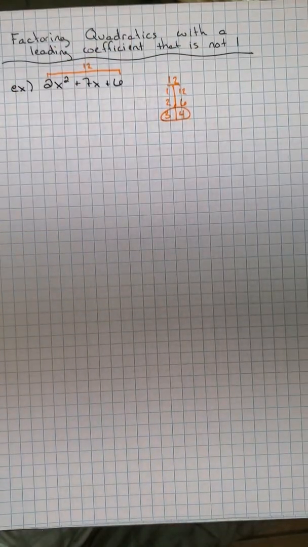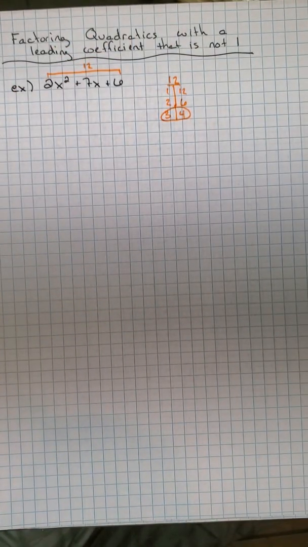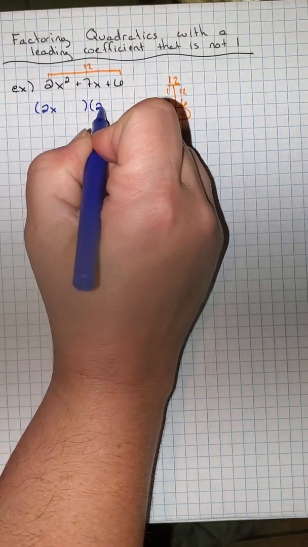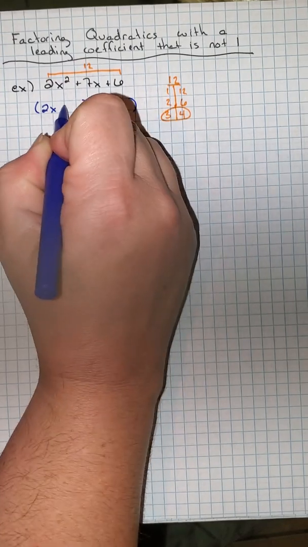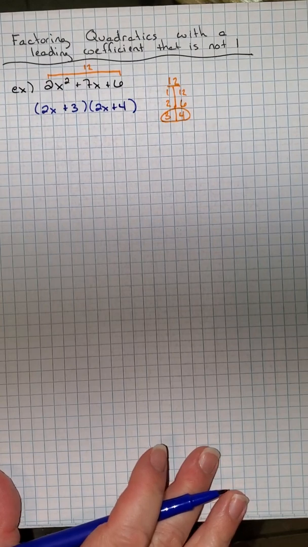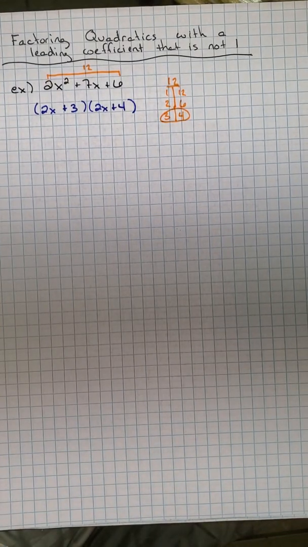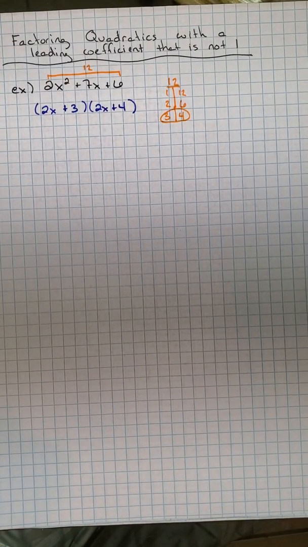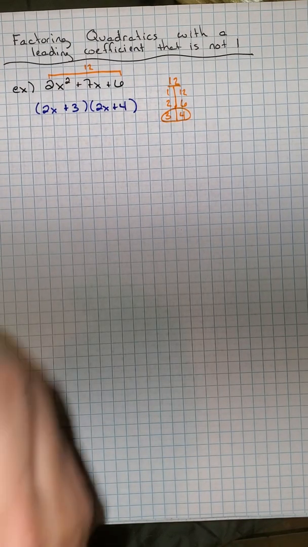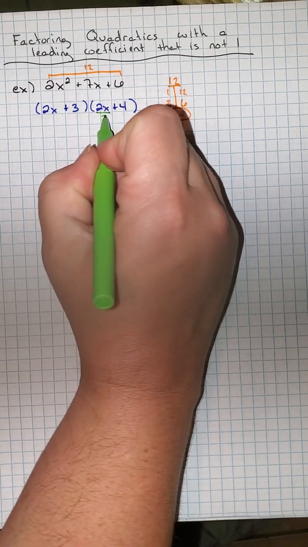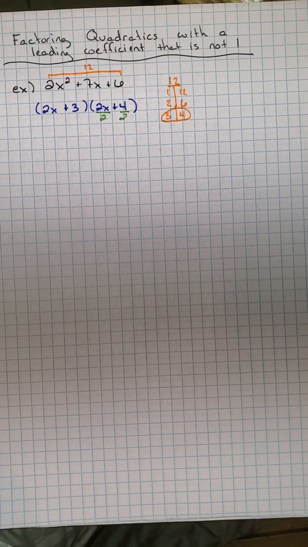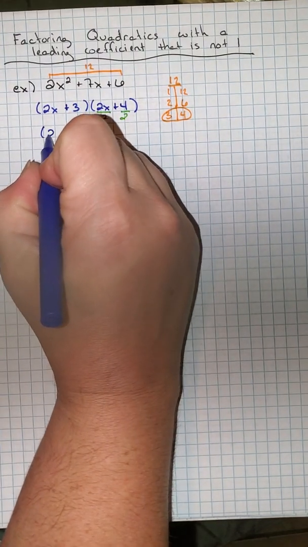Okay, so I'm going to start my parentheses with 2x and 2x. That's the liar part. Then I'm going to put in those two numbers, plus 3, plus 4. And then to make it not a lie, we just need to divide if we can. So 2 and 3 are not divisible by anything, but 2 and 4 are. 2 and 4 are both divisible by 2. And then that'll give us the correct answer. So the correct answer is 2x plus 3